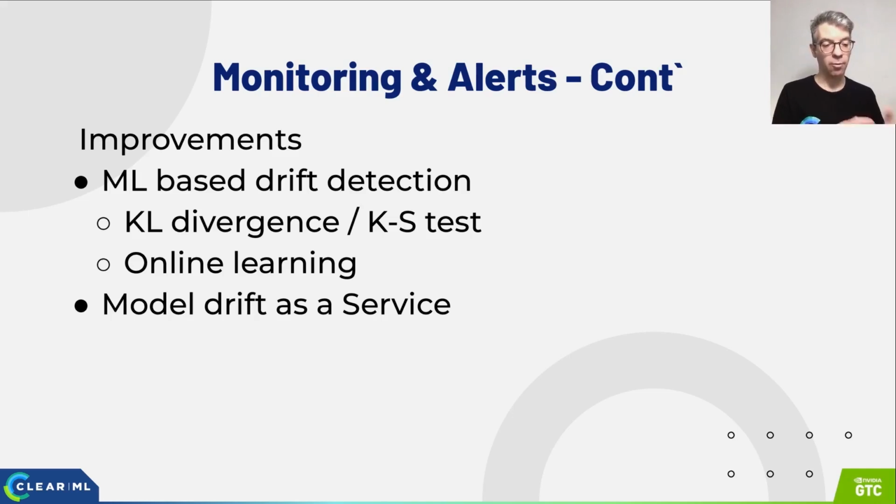Taking the metadata information, for example, type of day, geolocation, things that the model is not actually using, but might imply the performance of a model as we think about from more of a holistic approach, right? Load on the system based on time of day, rush hour, etc. And push that into more of a model drift service that does that for us. Again, doing another level of complexity in terms of predicting whether the model is ill behaving, because at the end,